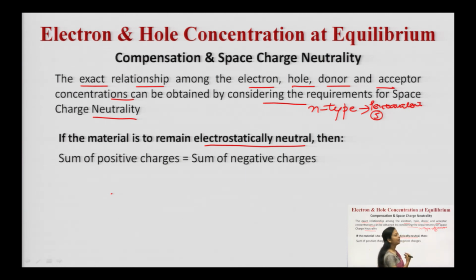So in n-type semiconductor, the electron concentration will be almost the same as the donor concentration. And what is the charge on the electron? The charge on the electron is negative, while Nd is the donor atoms, meaning it is donating 1 electron, so this has a positive charge. I hope now you will be able to recall this.